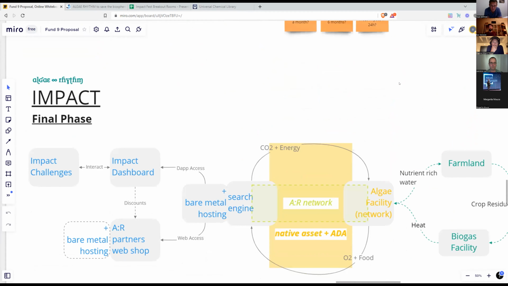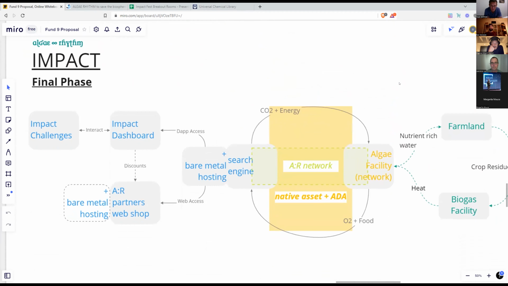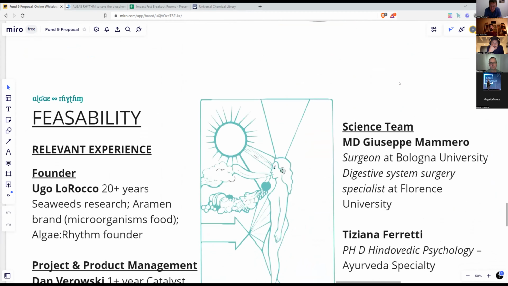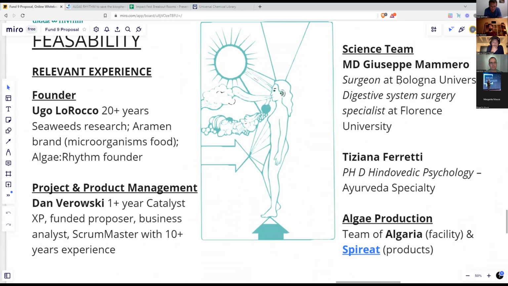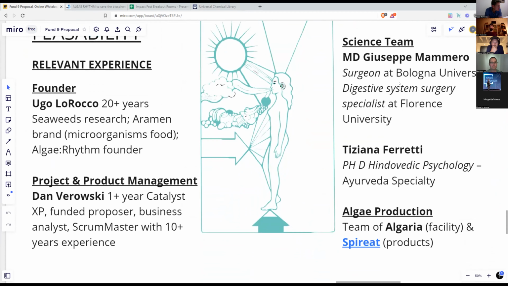The final phase, or the 3-year vision, entails the beginning of a federated network of climate neutral digital service providers running dApps on bare metal infrastructure. The team is almost complete, and we are currently interviewing developers. If you know of any developers that would like to participate in the process, please do not hesitate to contact us.